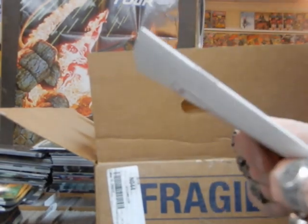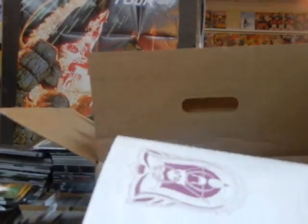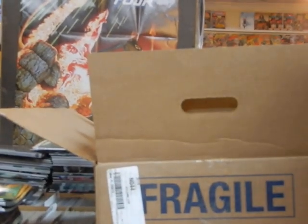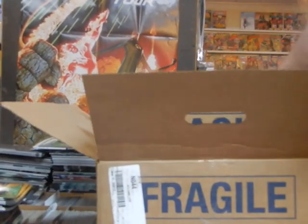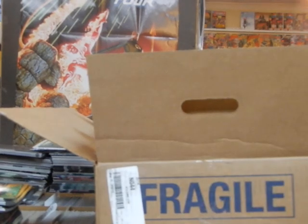Okay, Deadly Class, issue number 40. This is cover B on that. Make sure that gets set aside for one of my pull customers. And looks like that is it